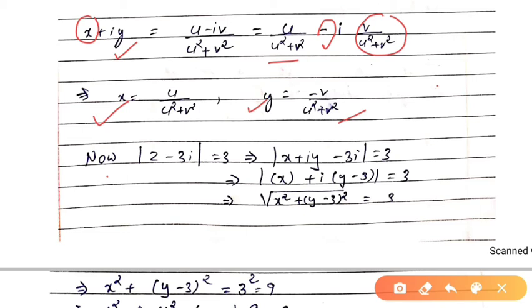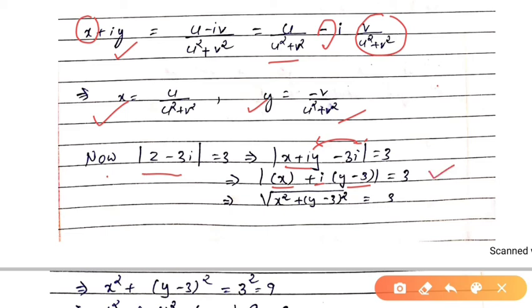Now we will see the given curve. What is our given circle? It is given that mod of z minus 3i equal to 3. Now we will put z equal to x plus iy. Again I will take the real and imaginary parts together. Here the real part is x, and I am taking i common from the two terms, so inside the bracket we have y minus 3, and the equal to 3 will be as it is.